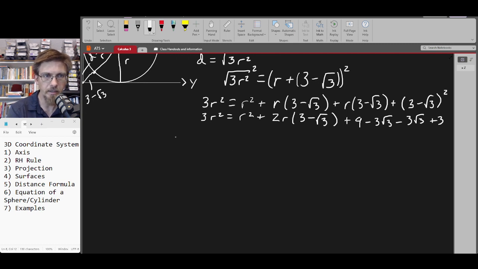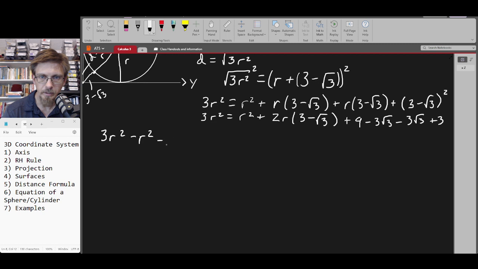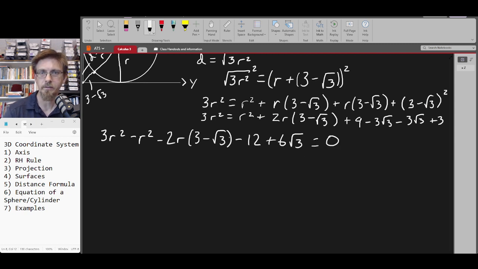All right, so now let's get all of our like terms together, and we'll go ahead and probably get everything over to the left-hand side here. So we get 3r squared, and then minus r squared, and then minus 2r times 3 minus rad 3, and then minus 12, and then plus 6 rad 3. And that's equal to 0 at this point. Clean it up one more time here, or maybe 2 more times. So I got 2r squared,